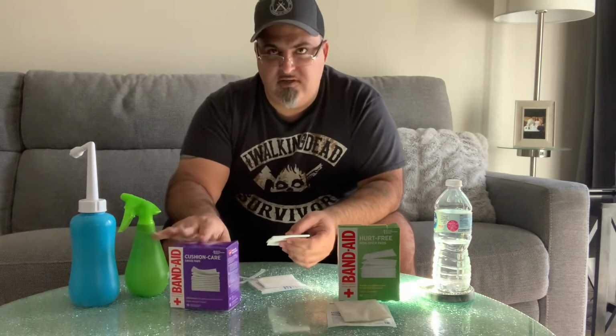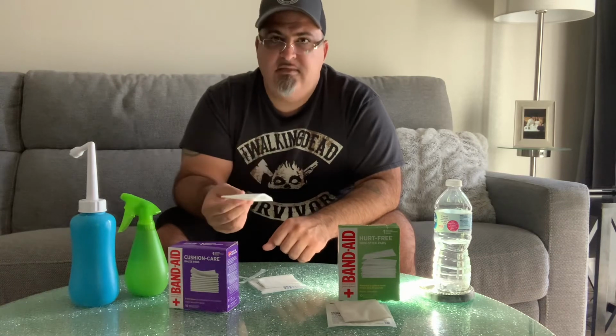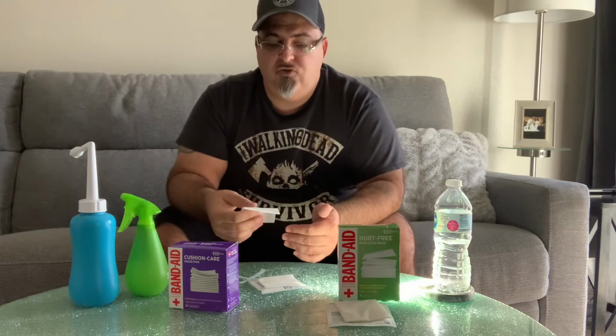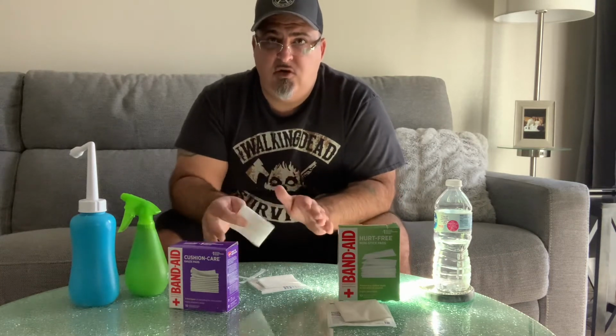So this should be more than sufficient, but I expect to only have to use this for maybe a couple more days, and then I should be good. Now, everybody is different. You may have to continue to use them. You may be able to stop it sooner. And the reason I like to make sure that I'm having either none or next to no discharge back there is,